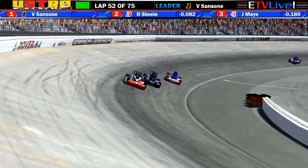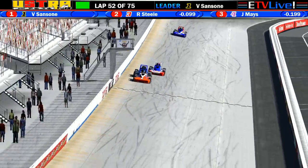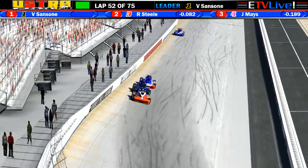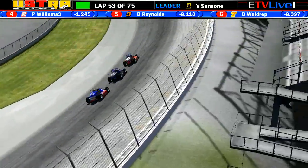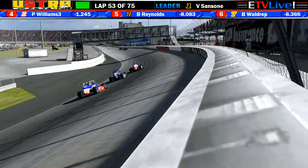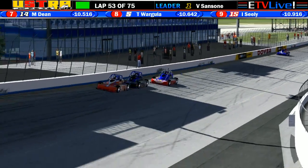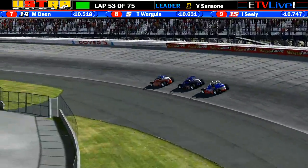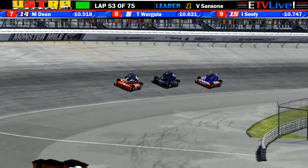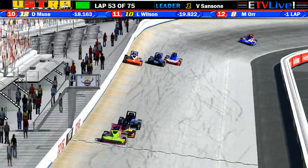And we are back here at the Monster Mile, Dover, Delaware. And I'll tell you what, this is Silver Crown action, short track style tonight. Vinny Sansone out in front with Ryan Still and Jeffrey Mays. Mays and Still have been chasing down Vinny Sansone for about the last 20 or 30 laps. 53 laps into the race, 75 on the board. Sitting in the booth with me tonight, making his comeback, Justin Rose,